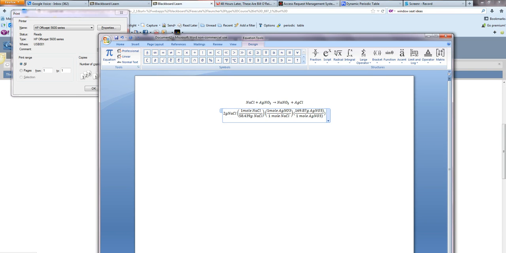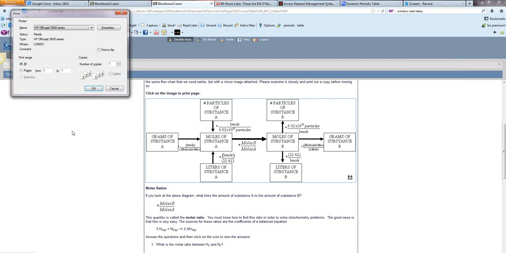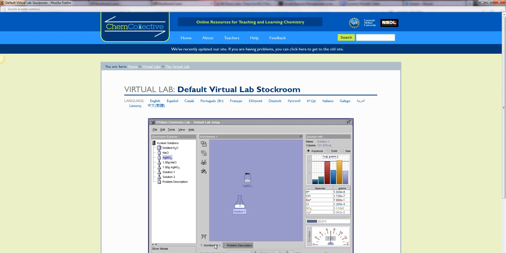You're going to go ahead and do all the multiplication and division here, and your answer is going to be the amount of grams that you need to use. You're going to go back to your lab. You are going to go back to your workbench. You're going to add that particular amount, and then you want to double check to make sure all the solid is used. And that's how you do this portion of